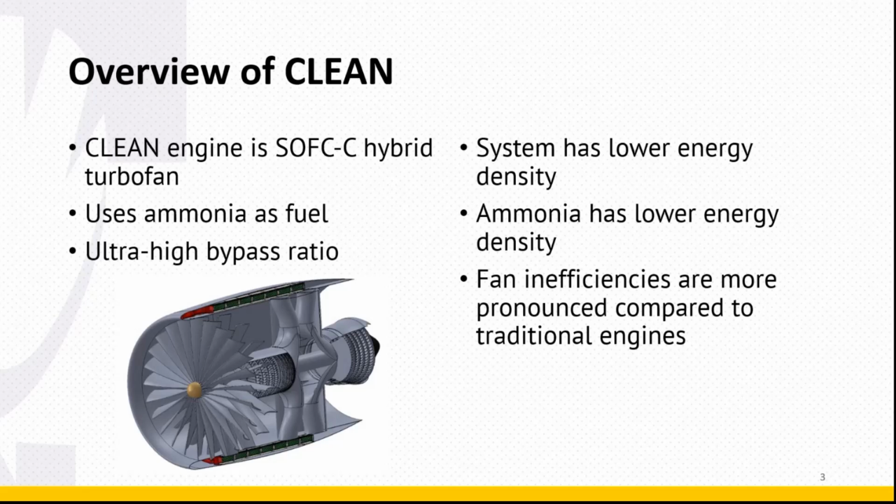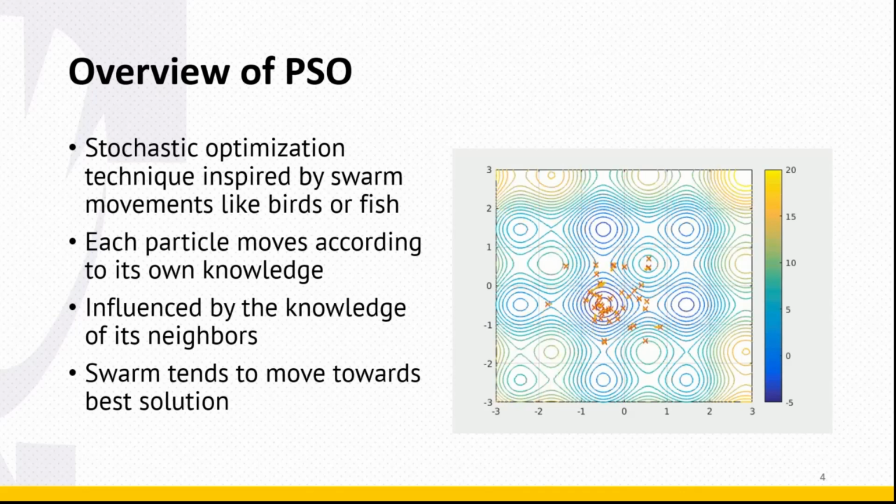And I'm using two methods to optimize the fan. The first method is particle swarm optimization. It's a stochastic optimization technique based on the movement of swarm organisms, such as a flock of birds or a school of fish moving around in space. Each particle represents a potential design within the total space. It moves according to its own personal knowledge of where it's been and what the best point that it has found to be, as well as it's influenced by the knowledge and the movement of its neighbors around it. So the net effect of this is that the swarm as a whole tends to move towards the best or